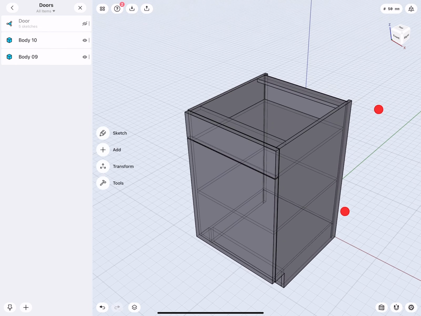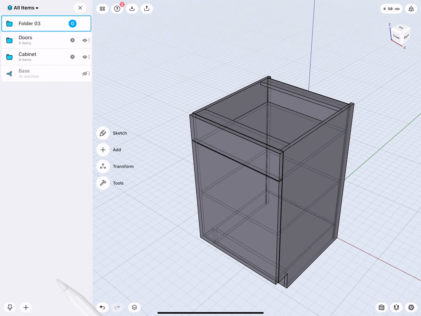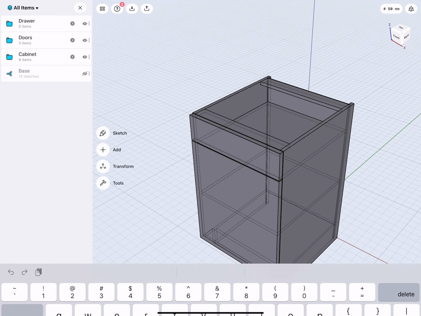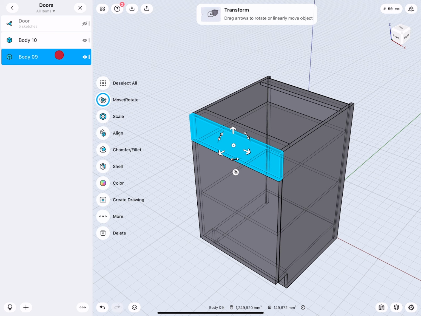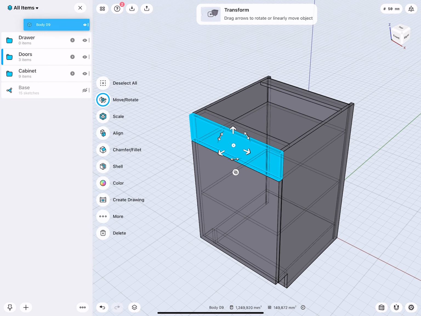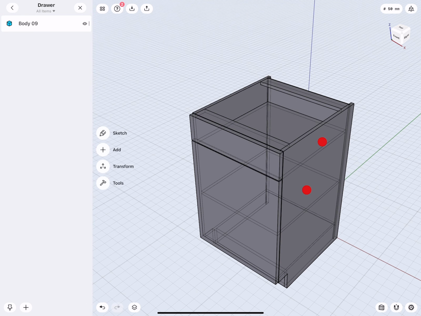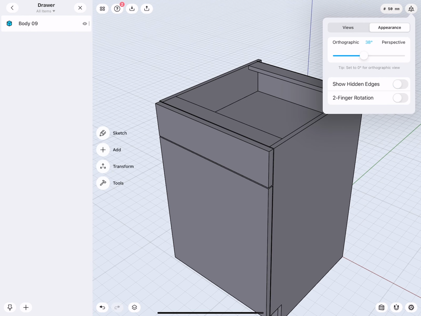Very good. So let's make a new folder. And this folder we call drawer. And this body we will drag into the drawer folder. Very good. This we can turn off again.